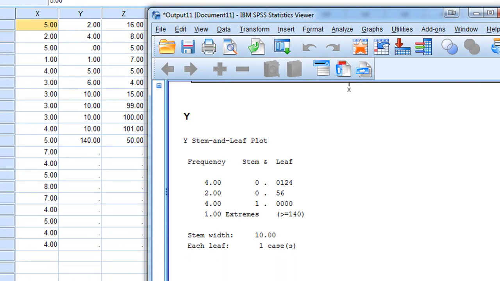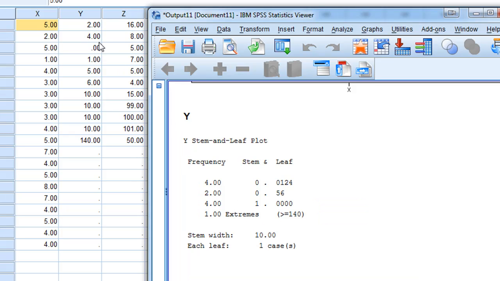Stem and leaf plot for y. Now I've made this data a little bit different to kind of confuse SPSS a little bit, to generate a different plot so that the stem width is not equal to 1. In this case, it's equal to 10. Now if I look at my data,